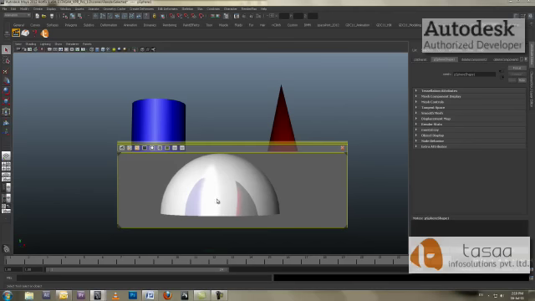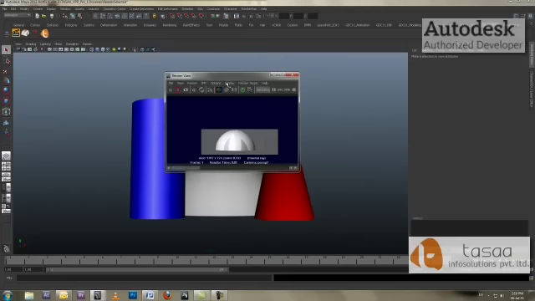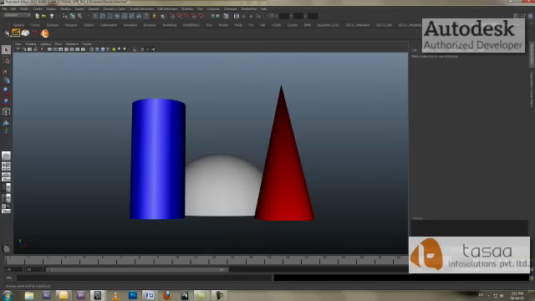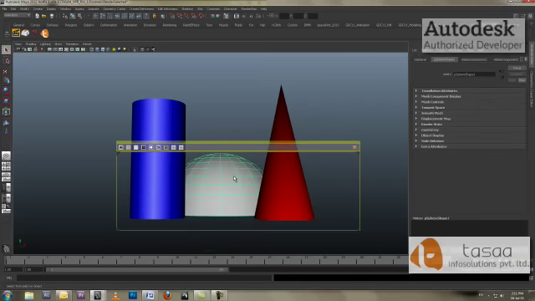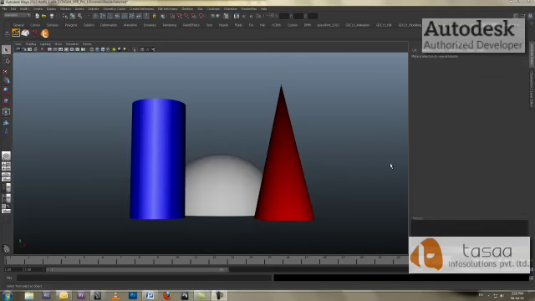Let's say you don't want to render the reflections also, you just want to render the selected object. So for that, what you can do is I'll close my VPR tool. I'll go to my render view, and under render I have to check this particular option, which is called render selected objects only. So when I check this particular feature, and again if I invoke my VPR tool, then what will happen is, if I frame this particular region, I select my white hemisphere, I won't click on this particular object, I do a normal render. Yeah, now you see, because I've checked that option of render selected objects only, it has not rendered my blue and the red object, only the white object is rendered.